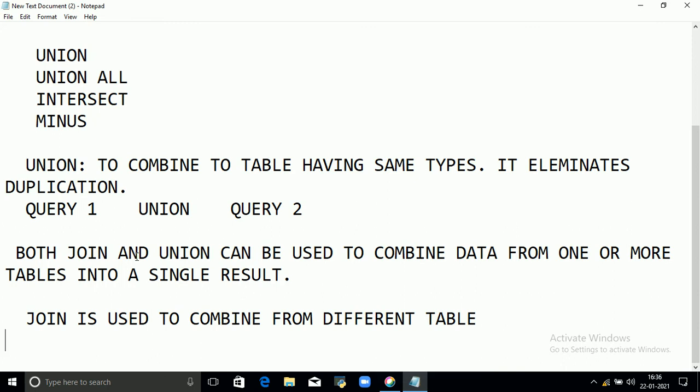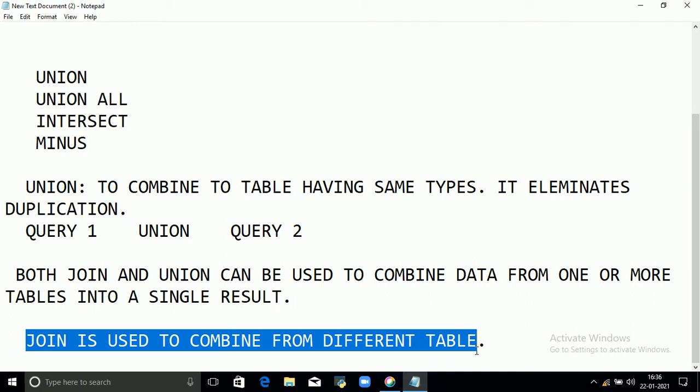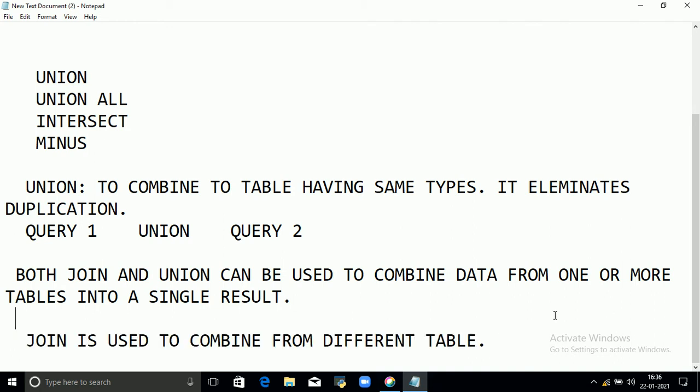That is the main difference between union and join. Union is performed only on the same data, same types, but join is performed on different tables.